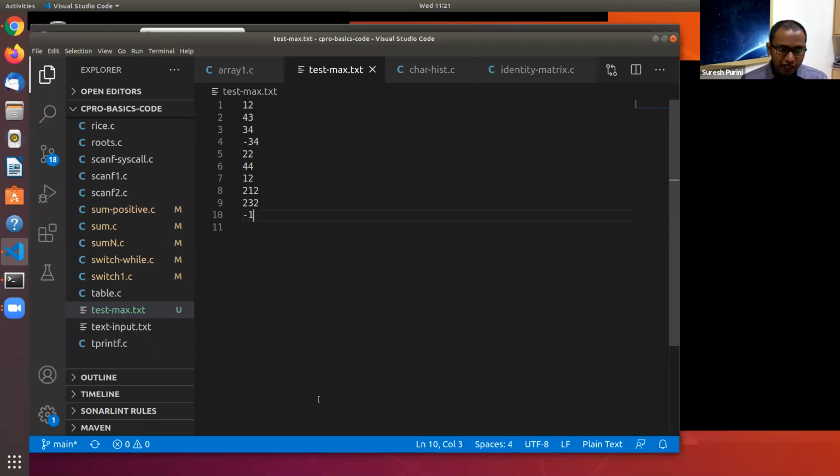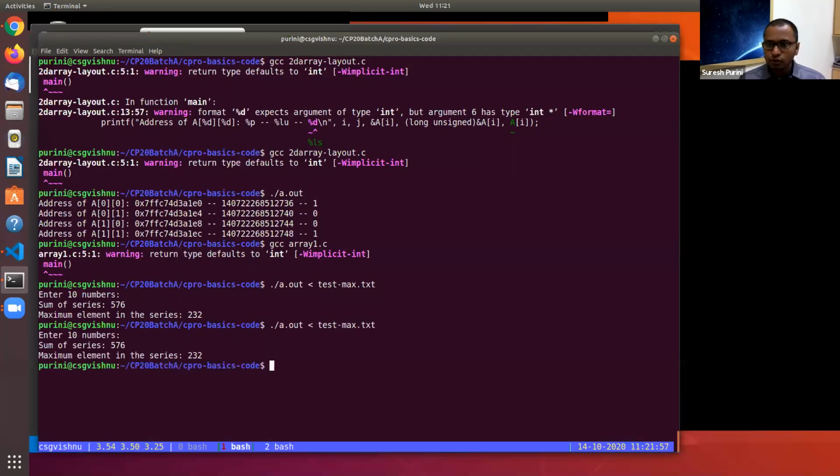That's a good question. What happens if there are more than 10 numbers in the text file is that they will be ignored. On line 11 we have 2320, which is the maximum, right? But if you run it, you will still get 232, so it is ignored.